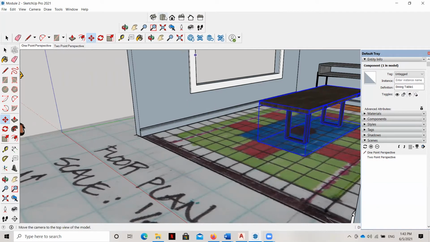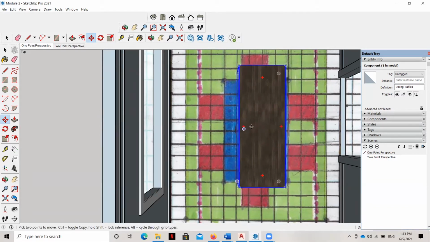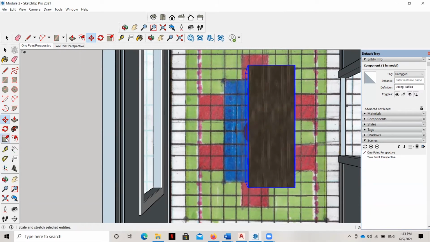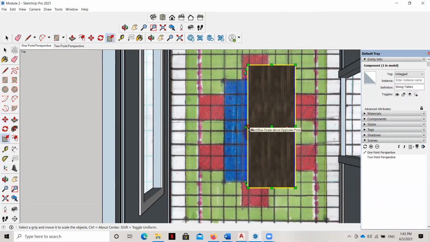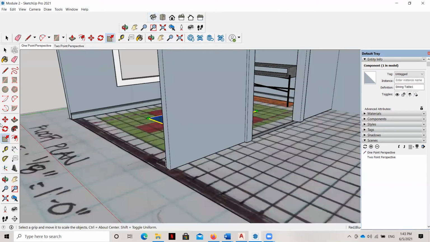And it's going to be probably not quite the right size. You can see it's still a little bit narrow. So we can go ahead and grab it and instead of moving it, let's stretch it. We'll hit our scale button here and we'll go ahead and stretch it long ways like that. Let's take a look.